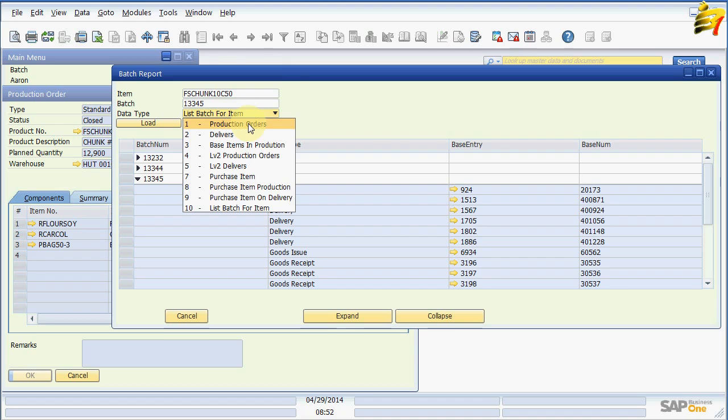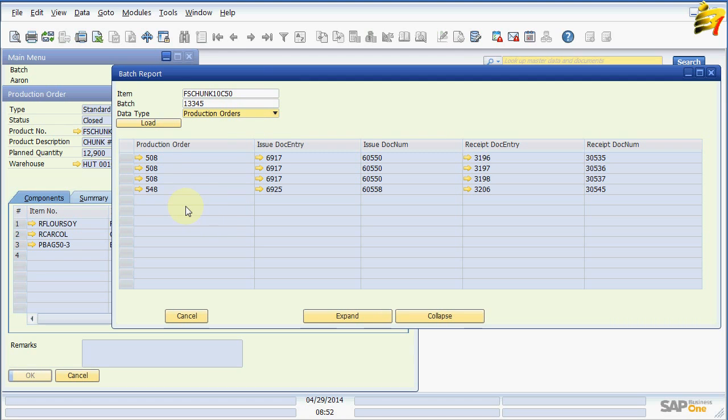So let's go to production orders. Here we can see that we have a production order 508, that's the doc entry for it, and these are the issues for production and receipts for production, both the doc entry and the doc number. So we can take a look at that,